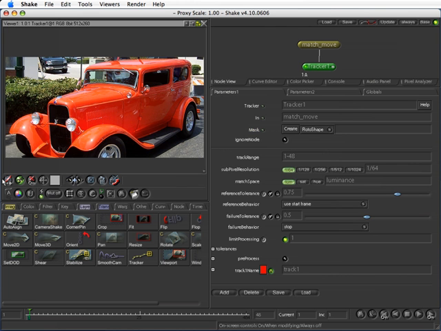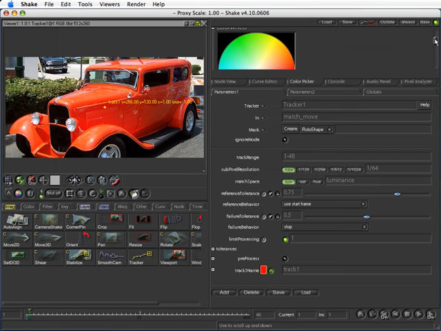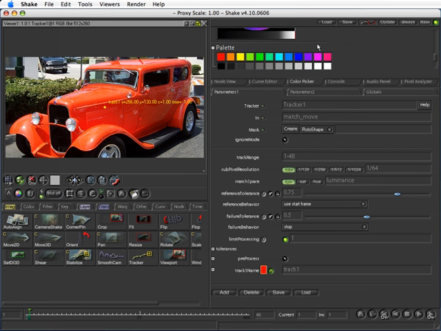We come down to the viewer shelf and turn on the on-screen controls. And our first tracking point appears on the screen. Unfortunately, it's very similar to the color of our car, which is why Shake thoughtfully offers you this color chip. Click on the color chip. We'll come up here to our colors and we'll click blue. I've now changed the color to something I can see better. Let's zoom in